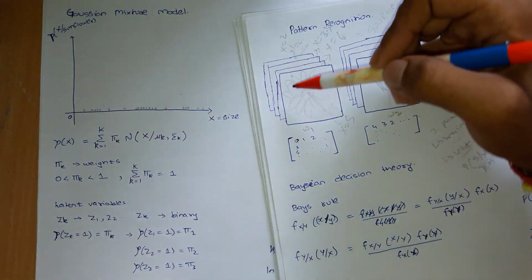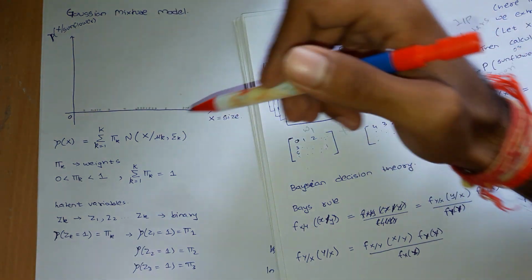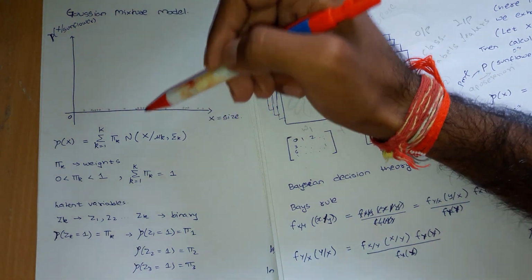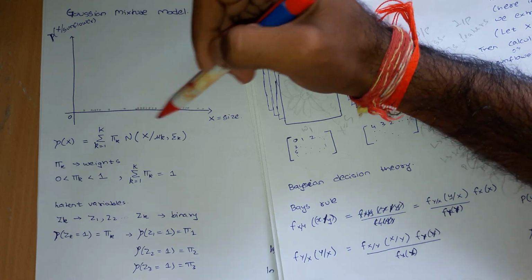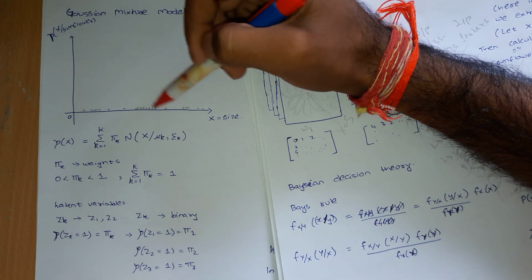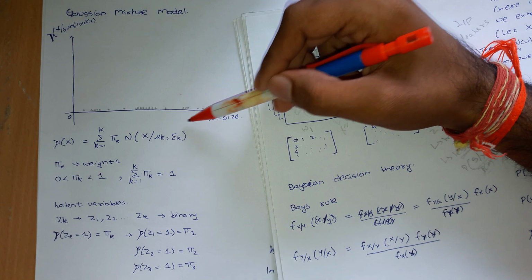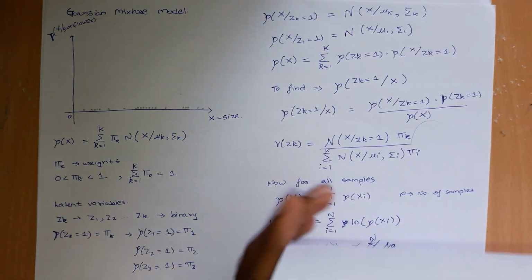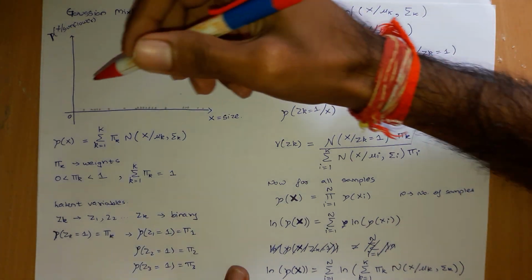I am plotting the size of my different training data on the x-axis, and I see that there are a lot of samples over here, quite a few over here, and quite a few over here. If I want to model a probability density function, then it would be something